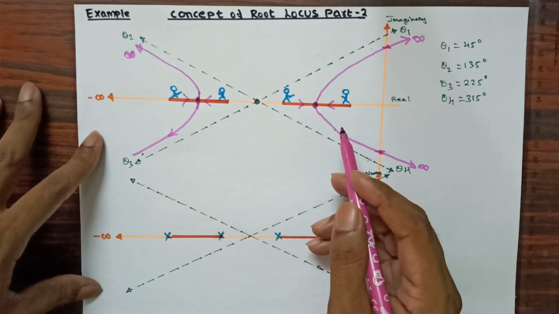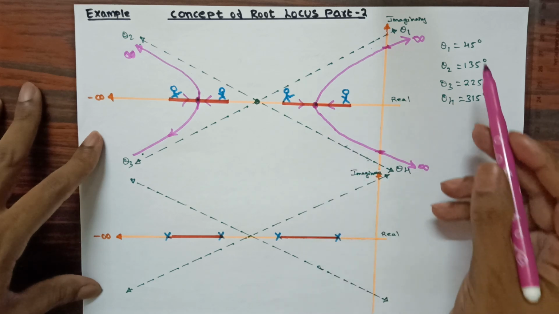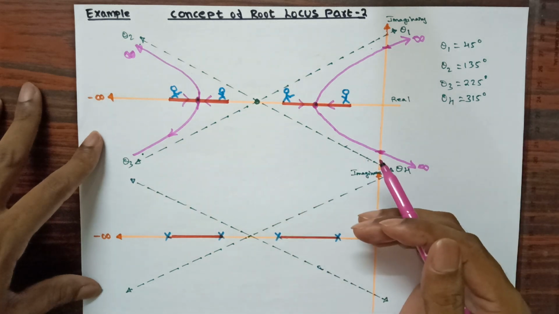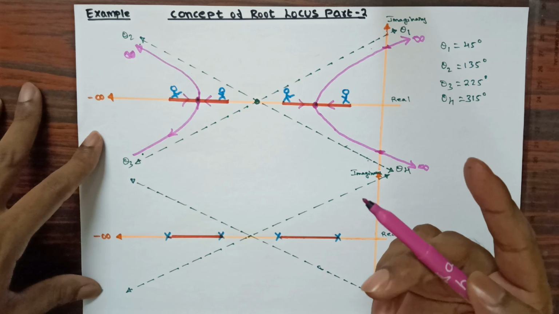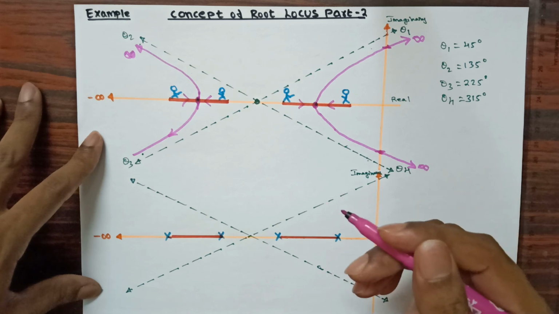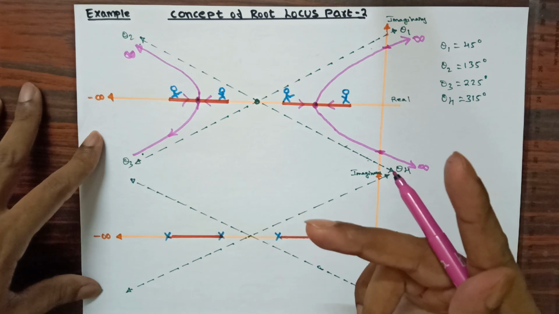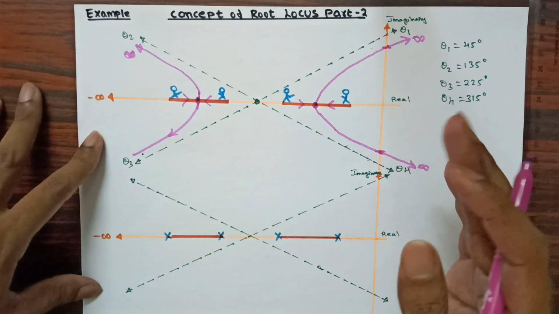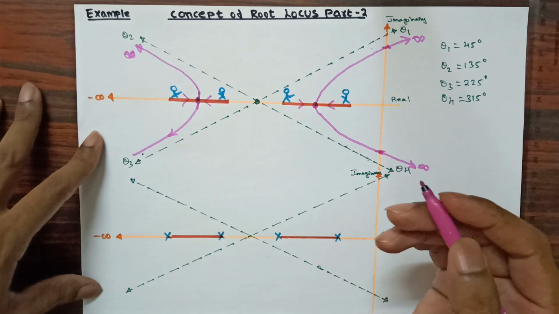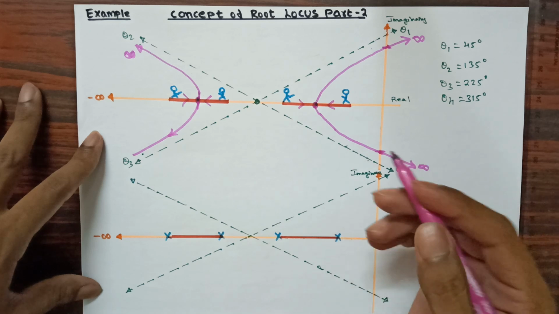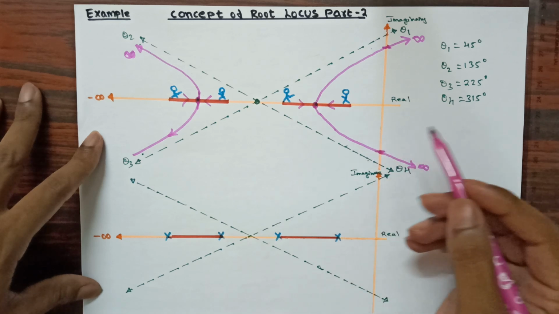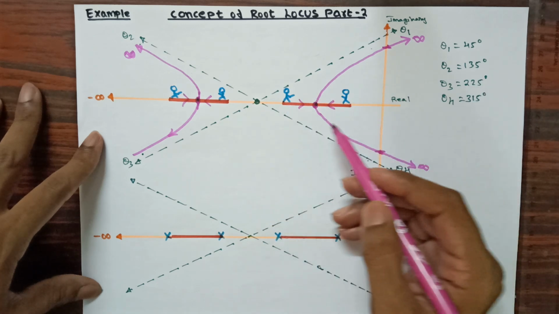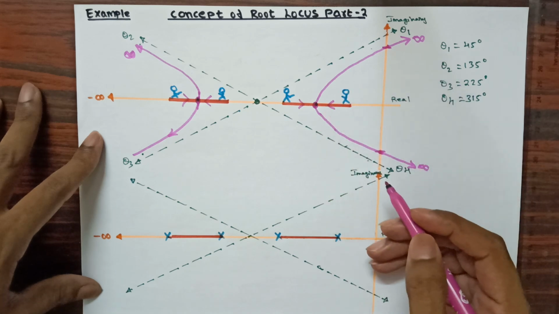For 4 asymptotes I need to provide 4 angles of asymptotes. So here the angles of asymptotes I got are theta 1, theta 2, theta 3 and theta 4. In the previous video we discussed one asymptote, one angle of asymptote. For that we got an angle of 180 degree. For 2 asymptotes I got angles of 90 degree and 270 degree, and for 3 asymptotes I got angles of 60 degree, 180 degree and 300 degree. And remember, if you are getting 4 asymptotes, then these are the angles you are going to get, and these are the angles we need to provide for the persons to follow and reach their infinite destination.